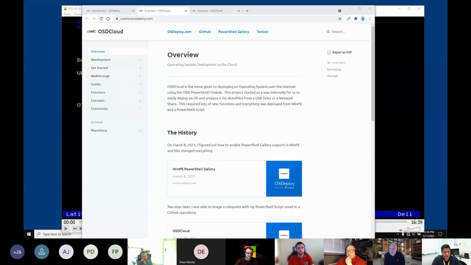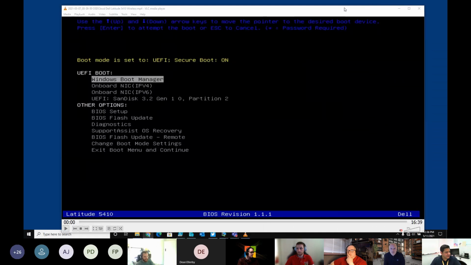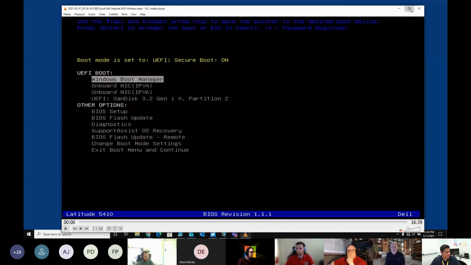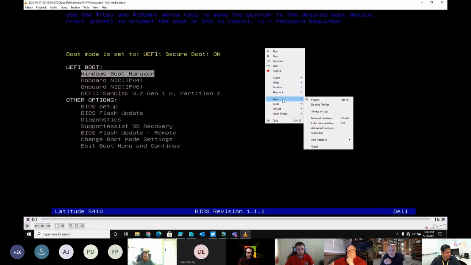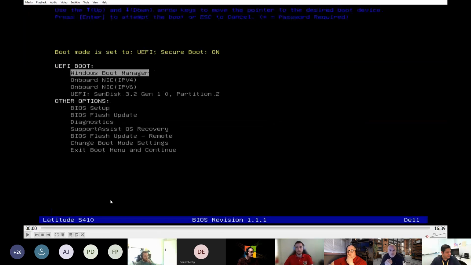It also provides a quick way to test new hardware with drivers without having to set up driver packages. Basically, you don't need anything other than WinPE. And if you've taken the time to create a WinPE boot image, you can boot any Dell, Lenovo, or HP device. In this particular example, I'm going to be showing you a video of a Latitude 5410.